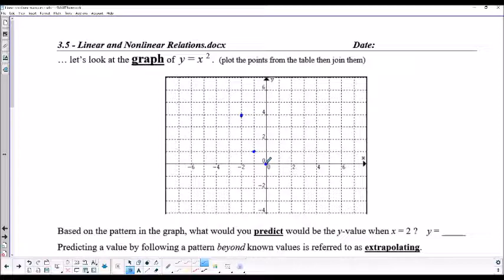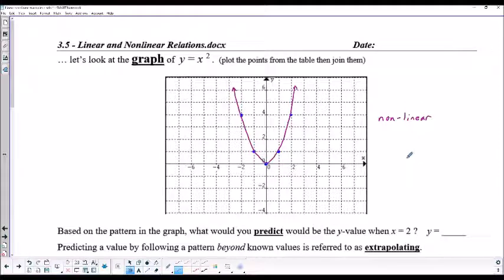0,0 is right here. 1,1 is here. And 2,4 is right here. Okay, so those are the points. And if we were to join them with a curve, if I can draw this well, the points get connected like this, and as you can see, that is nonlinear